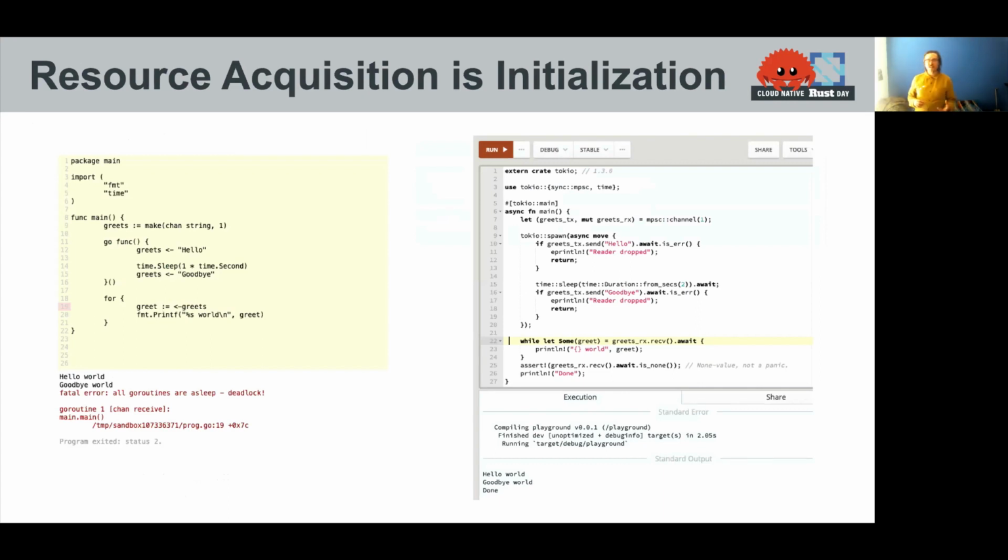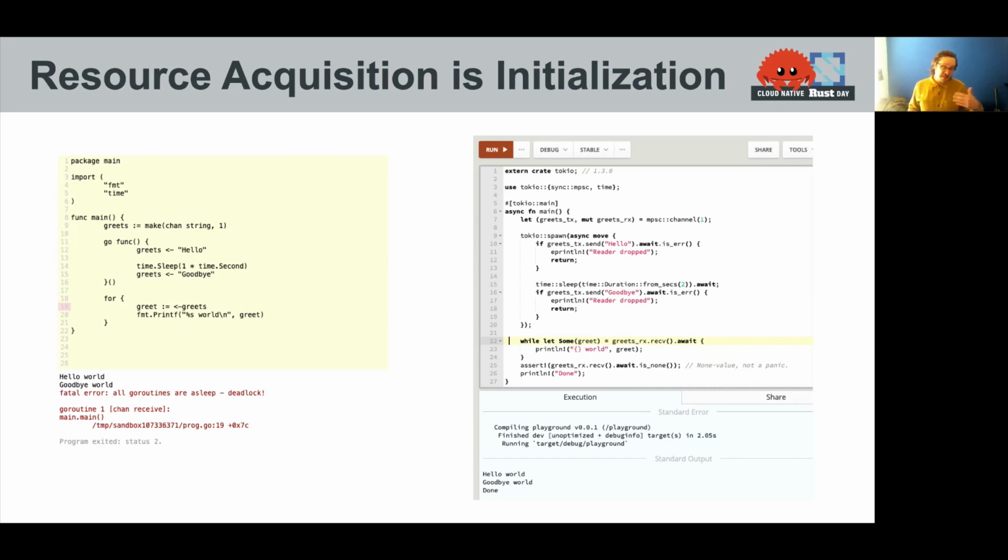My last example here is that Rust has this idea called RAII, resource acquisition is initialization. And this deals with lifetimes, kind of tying back to that borrowing and ownership model. And when I drop something, it no longer exists. And so here, in the example on the left, we have Go code. And that sends 2 messages on a channel and then drops the sender. And then I have another task that continually reads from that channel.